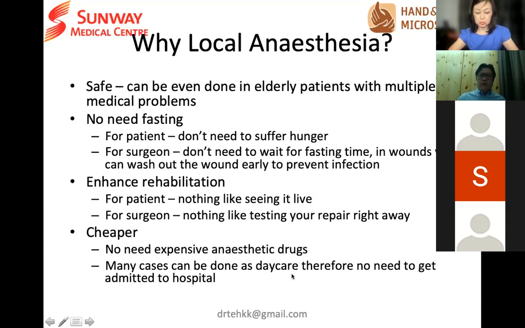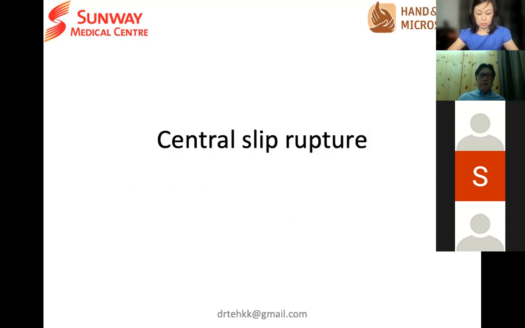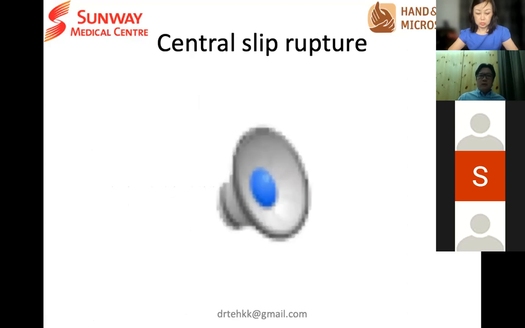And most of this, because it is done under local anesthesia, you don't need to keep the patient overnight in the hospital. So again, that reduces the cost. And all this is very important, a very good thing to do during this pandemic to reduce the risk of surgery. So this is just some of the surgeries that I do under local anesthesia. You can see